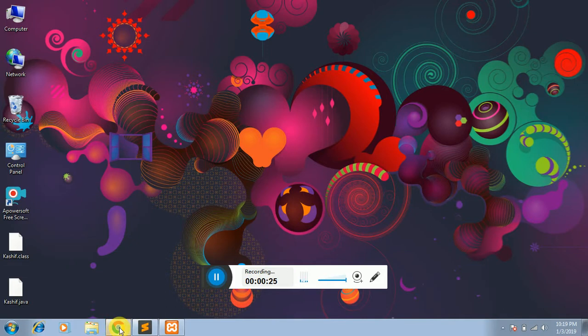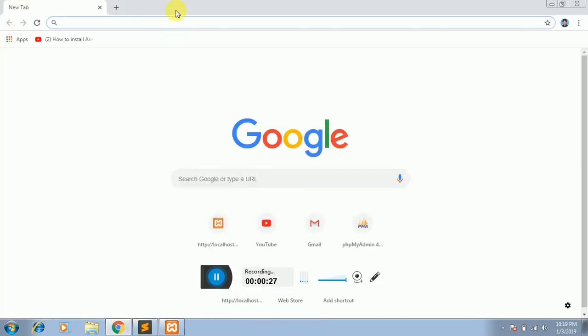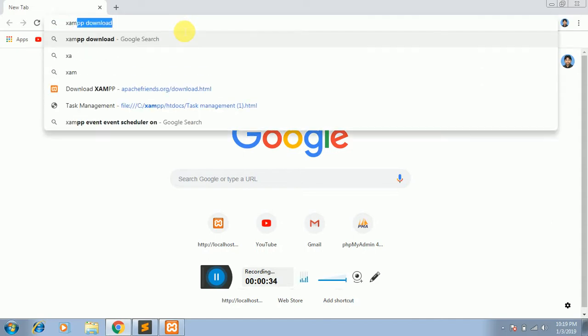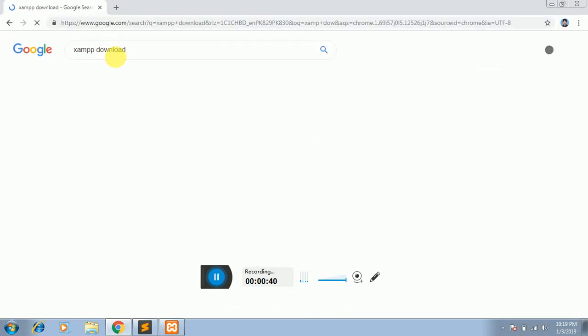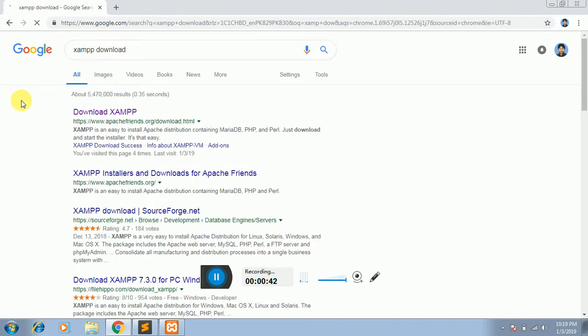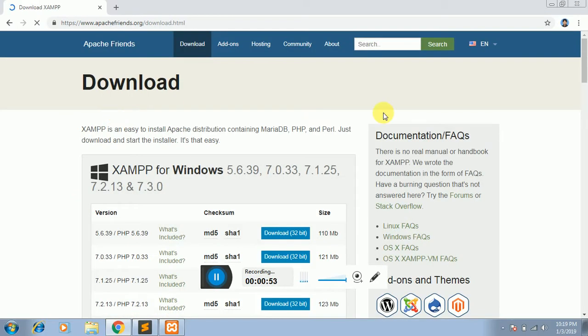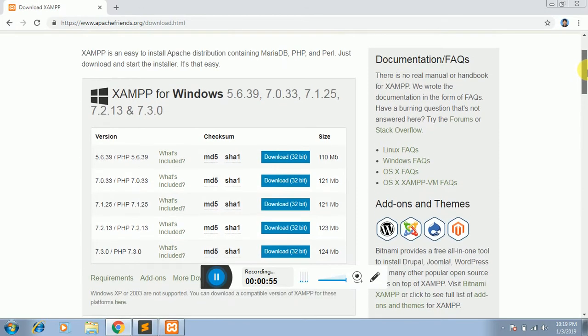Google Chrome or any browser you have in your system. So write XAMPP download. So friends, note this, you have to download XAMPP from Apache Friends. So write this and now you have to download